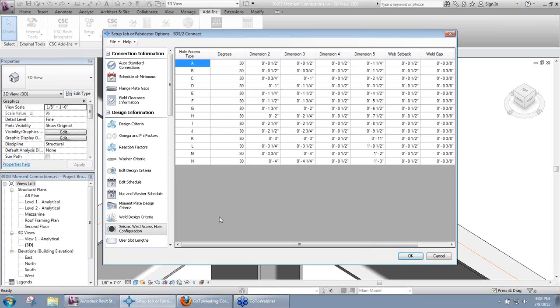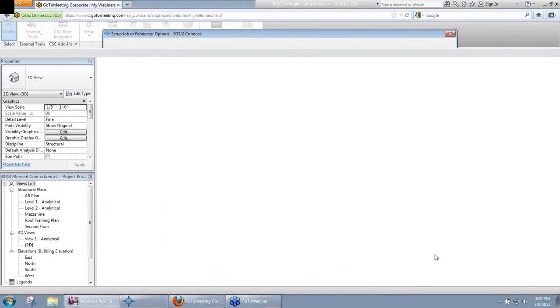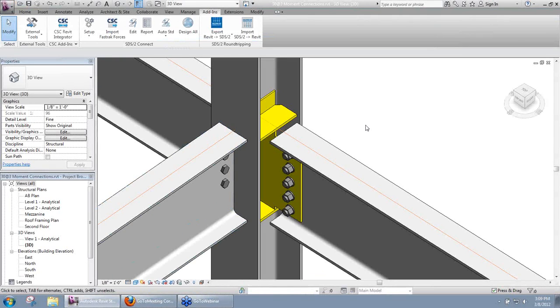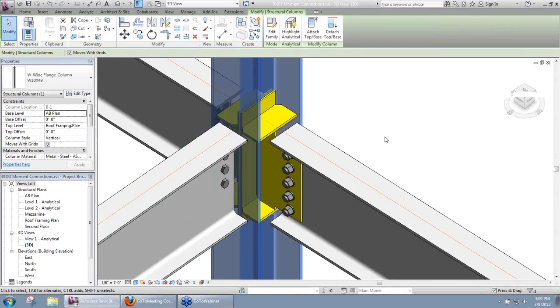And these settings here, the default settings that we have in here, these again are taken directly from Table 1-1 of the AISC Seismic Design Manual. So like I said, the defaults are taken directly from there. We can change them in here if we need, but hopefully we shouldn't have to. Okay. Now, another thing, I'm just going to go ahead and select this column, and I'm just going to rotate